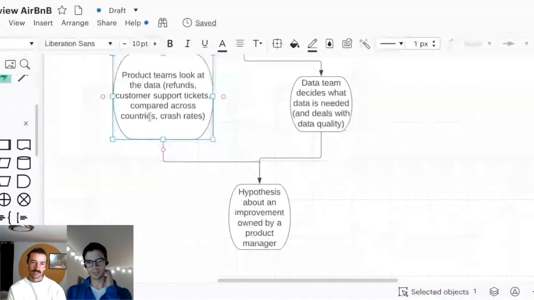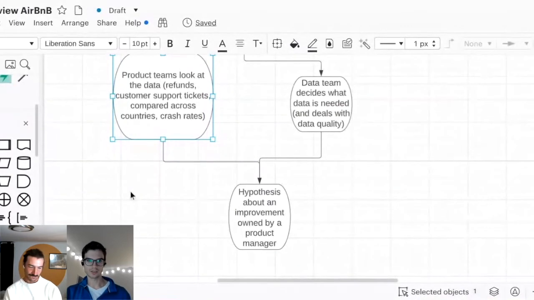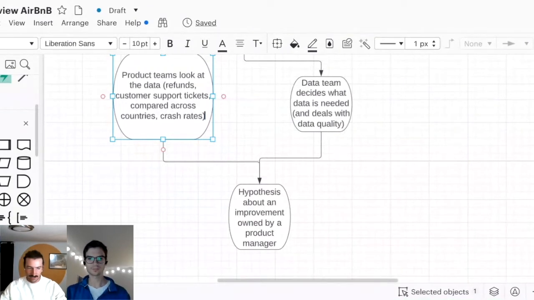Was comparing between different countries the biggest tool? Was that the biggest way you would do it, to say, oh, we have good performance here, but bad performance in this other country? That's an opportunity. But were there other cross sections that were super valuable that you knew about?